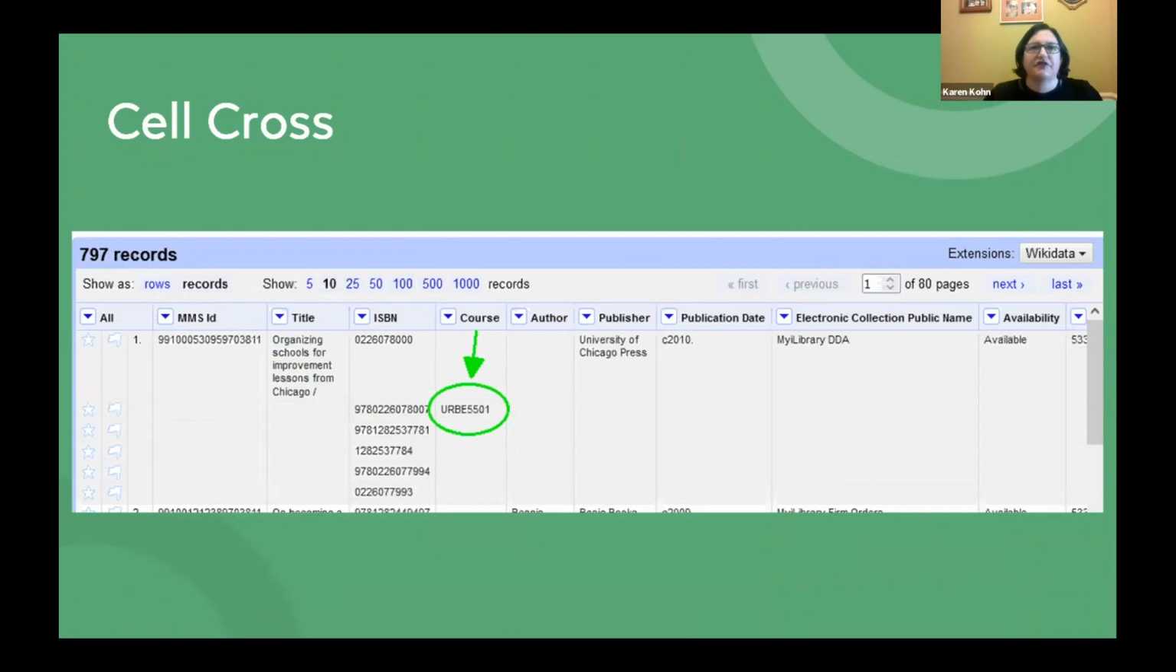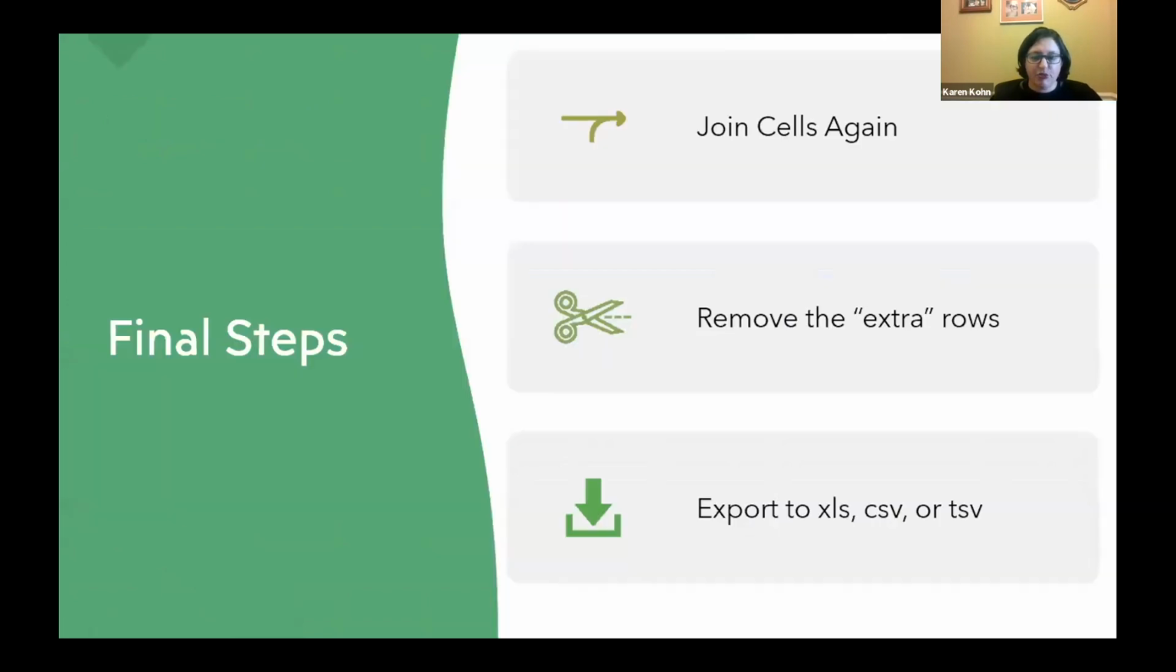This is the last of the major steps. I have to do a little bit more cleanup. So what I would do is go back and join these ISBNs that I had split, join them so they're back on one row again, and also make sure any course IDs were back up on the top row. So I'd go back to joining, and then remove those extra rows. After I had done the joining, I'd have some rows with blank stuff in them, and then I'd export it